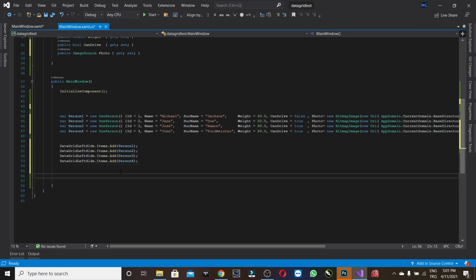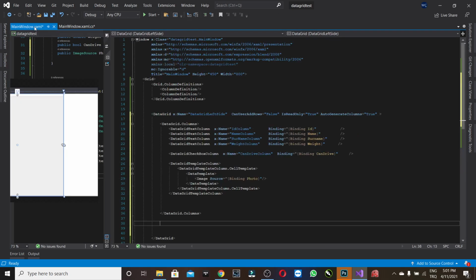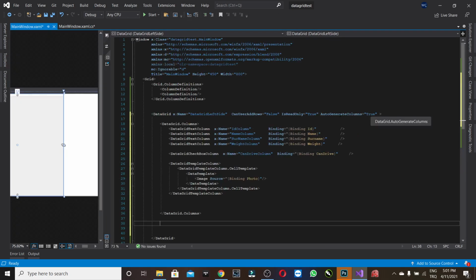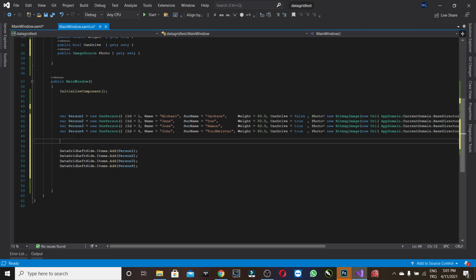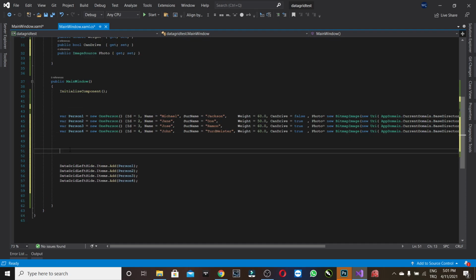But when you make it in item source, don't forget to make auto generate columns false, because then you'll see what happens now. If I make auto generate columns true,